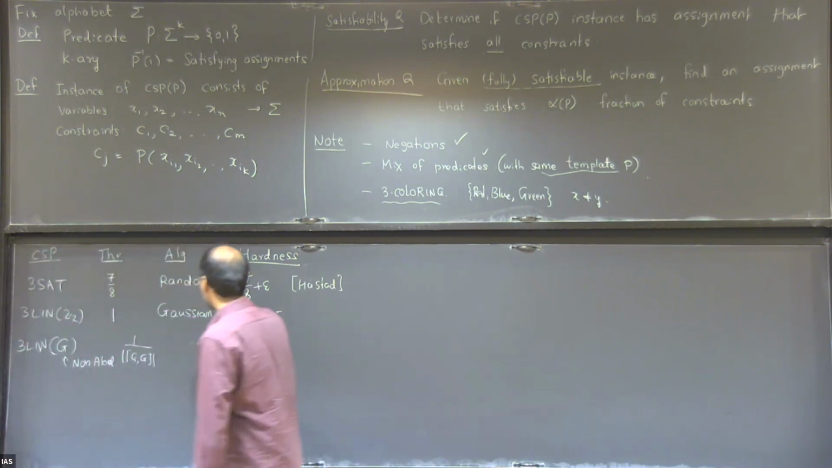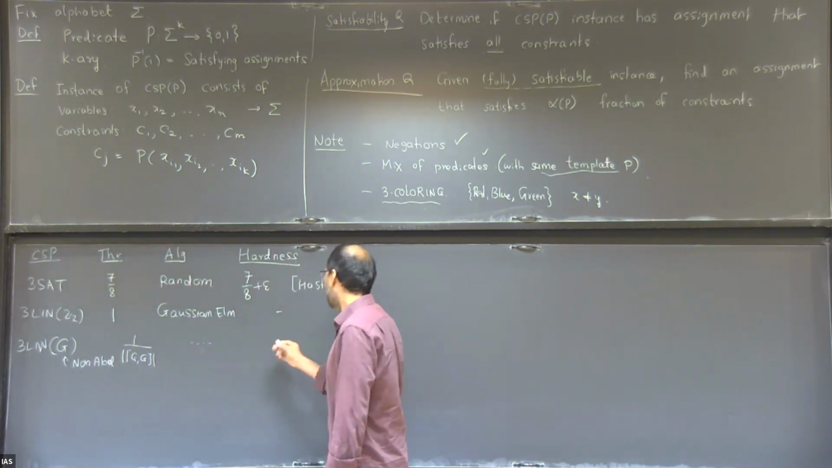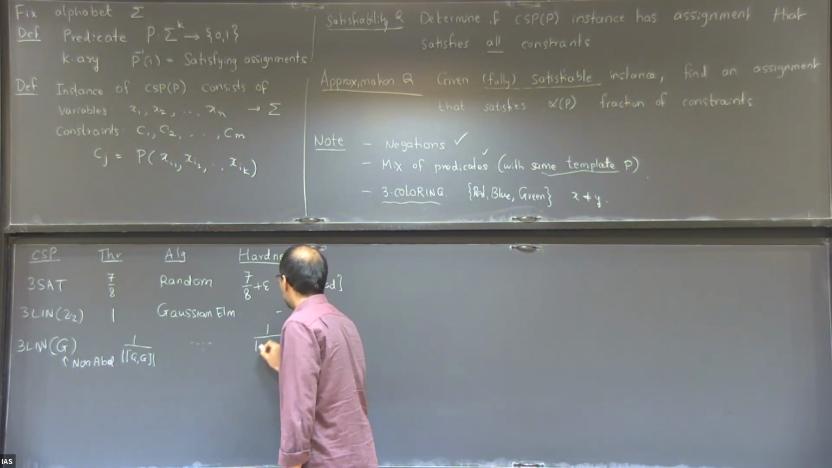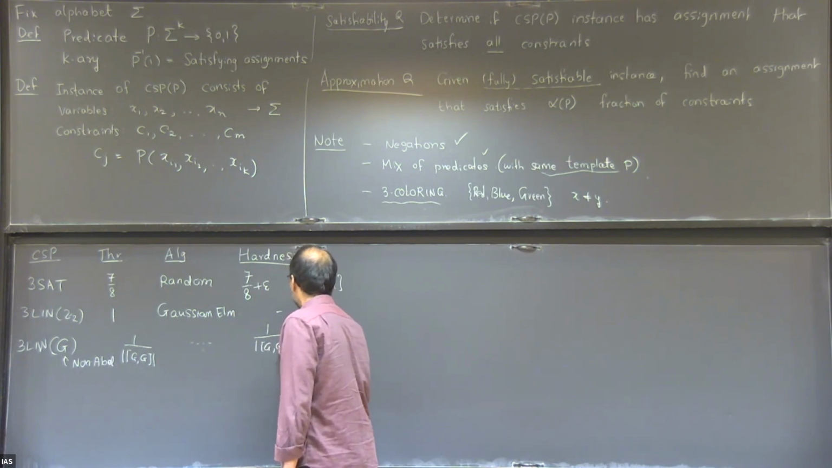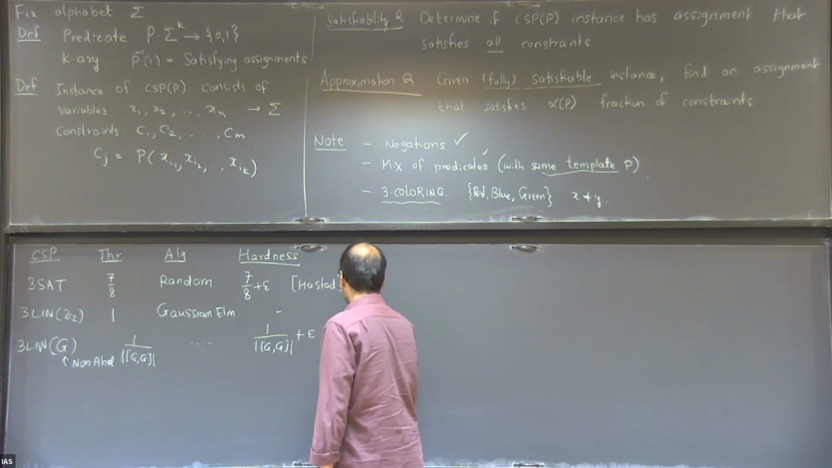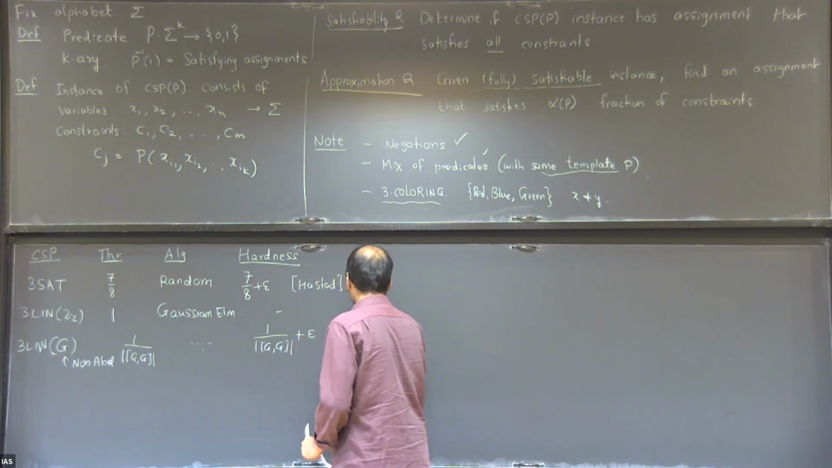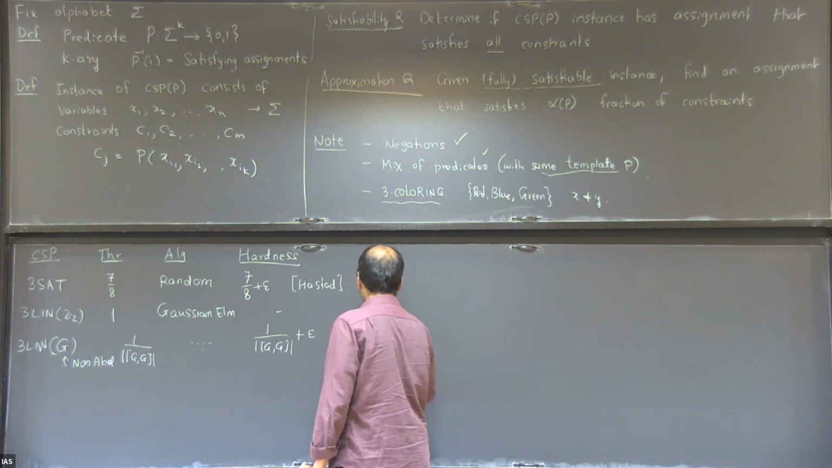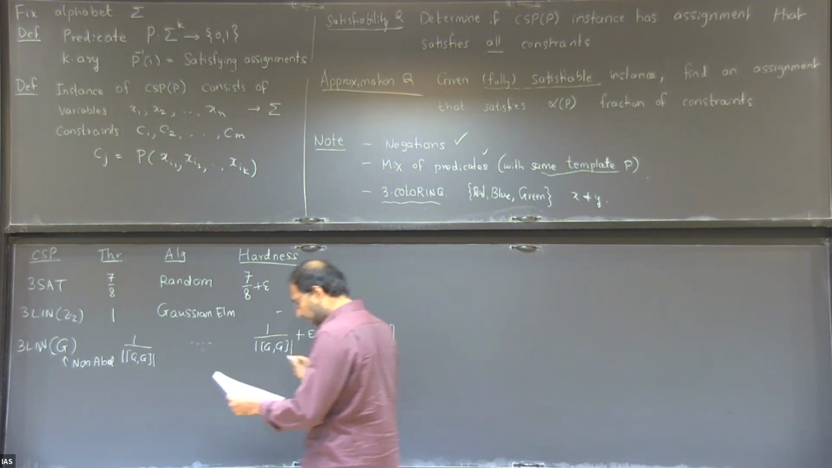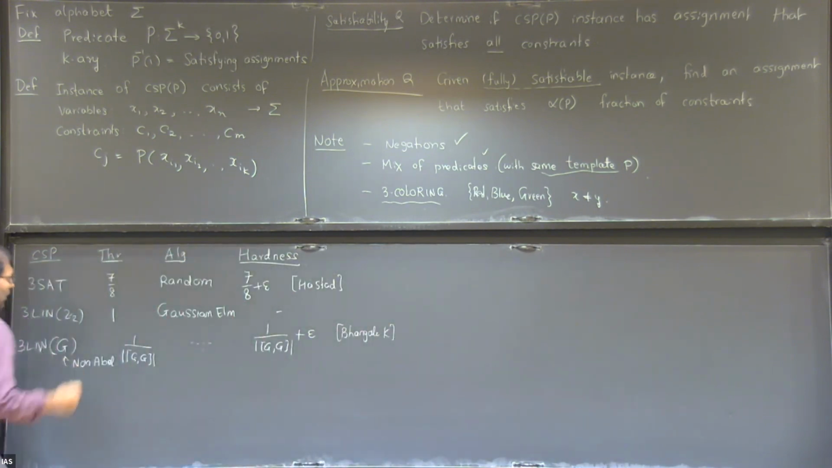So I need to give an algorithm which achieves that guarantee, and I also need to show that achieving a guarantee beyond that is hard. This we did in a paper with Amey Bhangale recently. I will describe the algorithm just to give a sense that it's non-trivial,